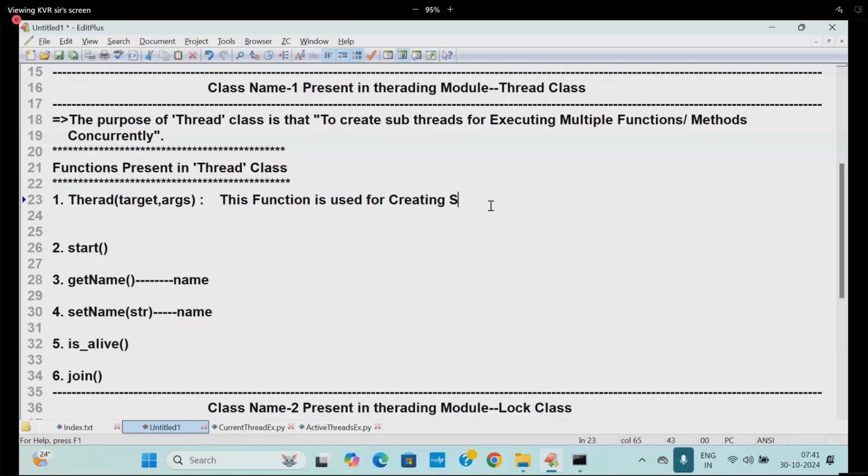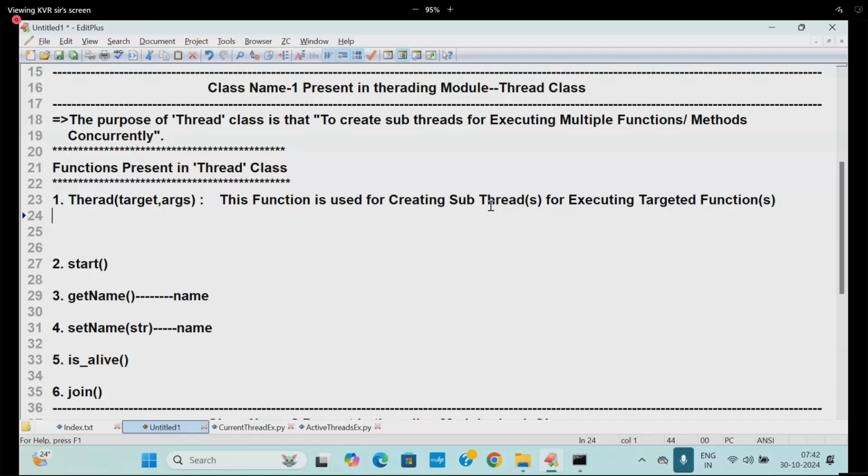Threads, creating subthreads, maybe one or more than one, for executing a targeted function or functions. Are you following me? How do you go for the syntax? What is the syntax here? Tell me. Thread name, subthread name, subthread object is equal to threading.current_thread, threading.Thread of